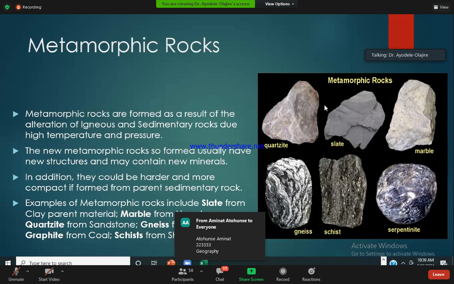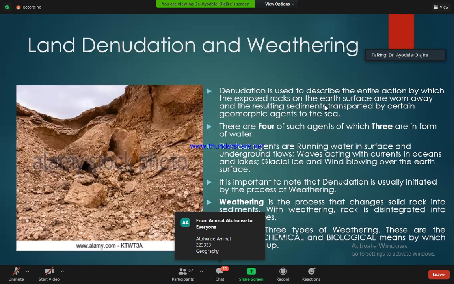Okay. So the next thing I want us to take note of, again, very important economically, is the difference between land denudation and